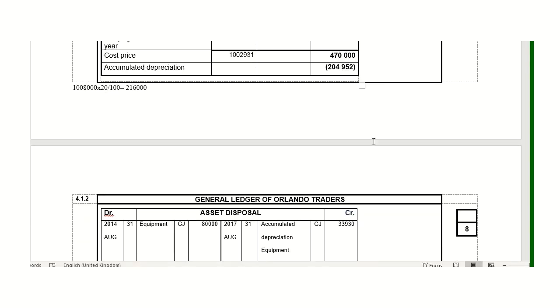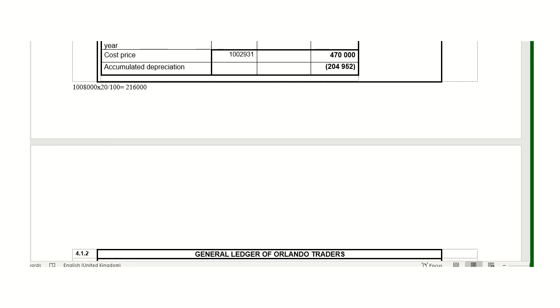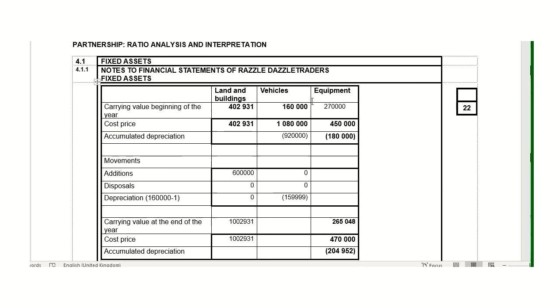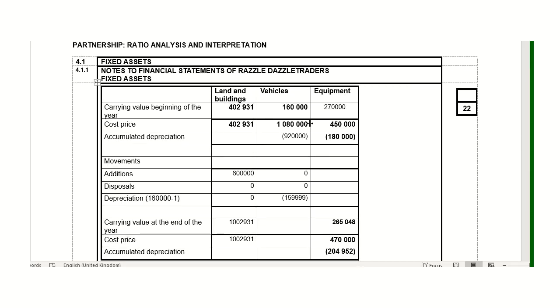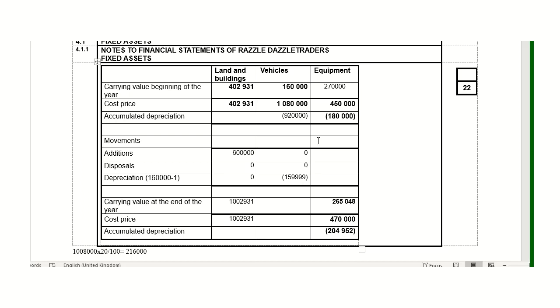To do that, we can use a formula, and that formula for the cost is the cost at the beginning, which was 1,080,000, plus whatever cost we had for any additions, which is null, minus the cost of any item sold, which is also null. So in this case, the cost is still 1,080,000. I didn't get any new or sell any of it, so I must still have all of it left,